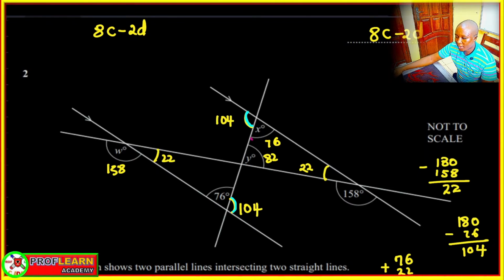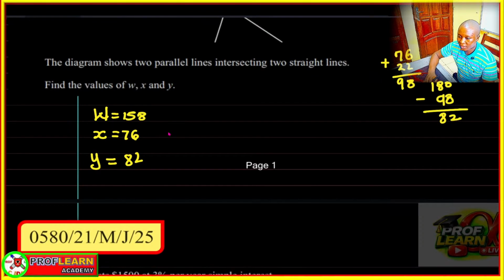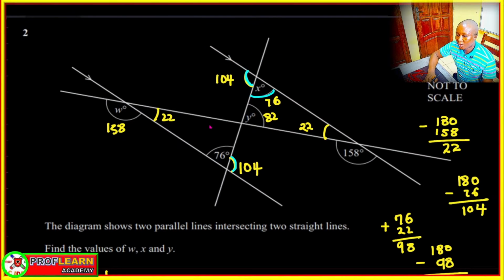And if this is 1 of 4, this angle is going to be 76, meaning that our x is going to be 76. Then if you have that, you can see that if this is 76, this is 1 of 4, then the other angle that we could find, okay, so this is 158, this is here 158, so we can find this angle, and this